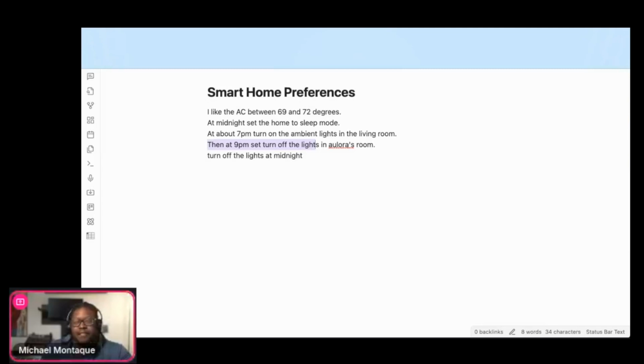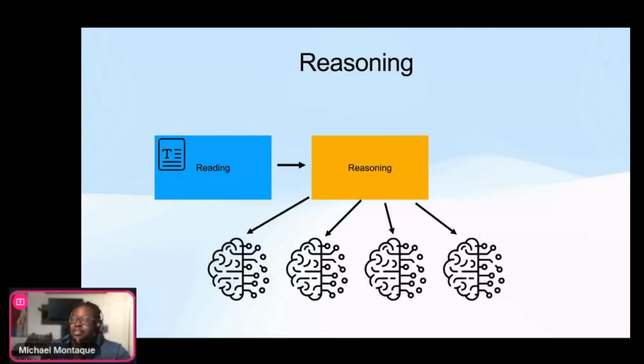So now that we have the commands coming from the reading phase, this kind of leads us to the reasoning. And the reasoning part is my favorite. I do want to be cognizant of everyone's time, so I'm going to go a little bit quick. But again, don't worry. You're going to be able to rewatch this within the community. At the end, I'm going to give you the link so you can get access for those of you that don't have it.